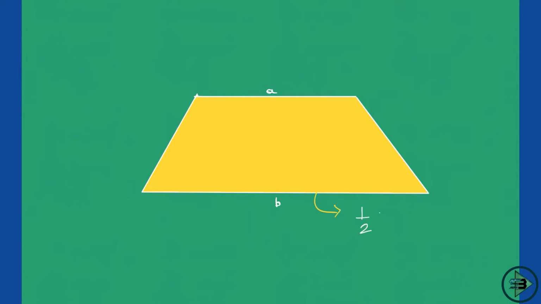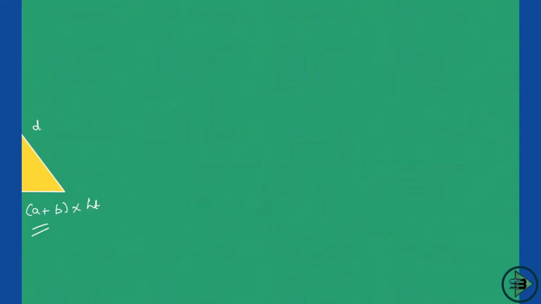So that will be equal to half into the sum of the parallel sides, A plus B, into the height. Height will be what? Always in geometry it is the perpendicular. So half into the sum of the parallel sides into height. That is the area of a trapezium. So make sure you remember this as well. Parallelogram, then rhombus, and now a trapezium. In case they ask you what is the perimeter, so say this is C, this is D, add all the 4 sides, A plus B plus C plus D. That will be the perimeter of the trapezium, which is nothing but the boundary.